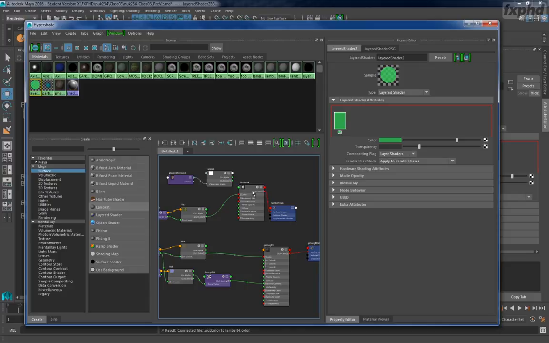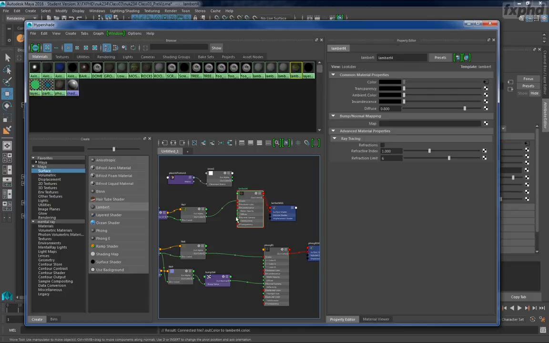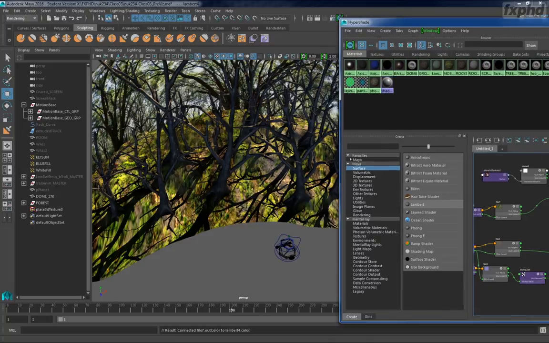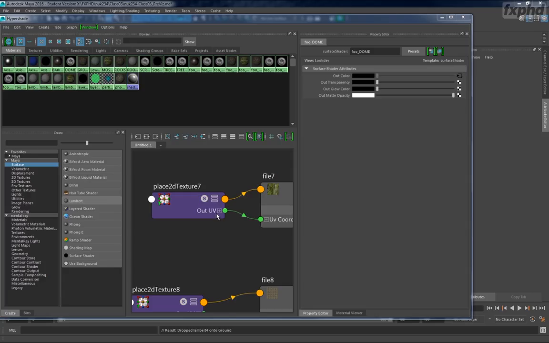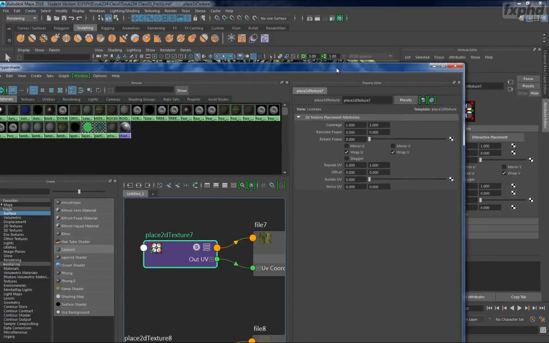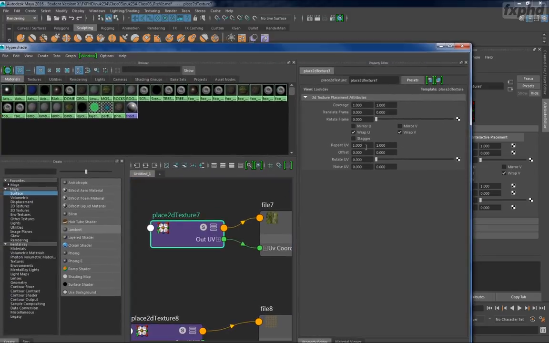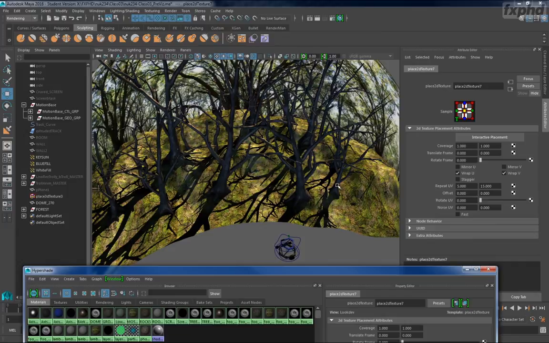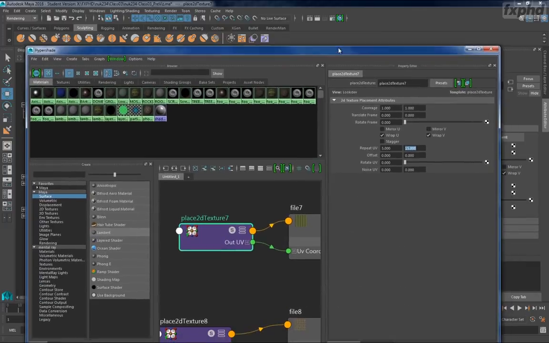So I'm going to replace that, and now this is our moss, right? And if we drag this over, oh, it's already on there. Okay, we are going to have to change our 2D placement node on our texture down there, and we're going to make this a 5 and a 15 on the repeat,